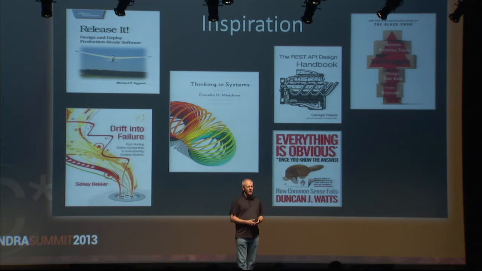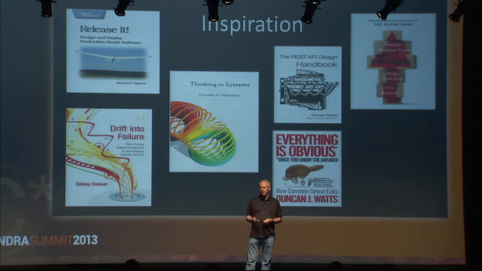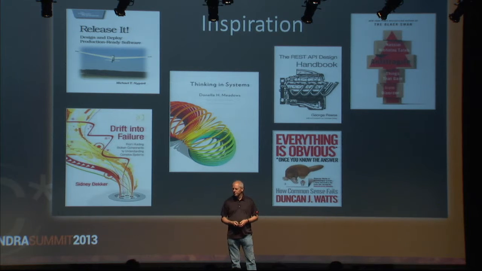We're doing a lot of REST APIs right now, and we're consuming a lot of REST APIs, and a lot of them are really nasty, a lot of really badly designed ones. And George Reese, if you follow him on Twitter, is continuously ranting about bad APIs, and eventually he wrote a book. It's a short book, definitely worth reading. It's full of all the anti-patterns of things that you shouldn't put in an API.